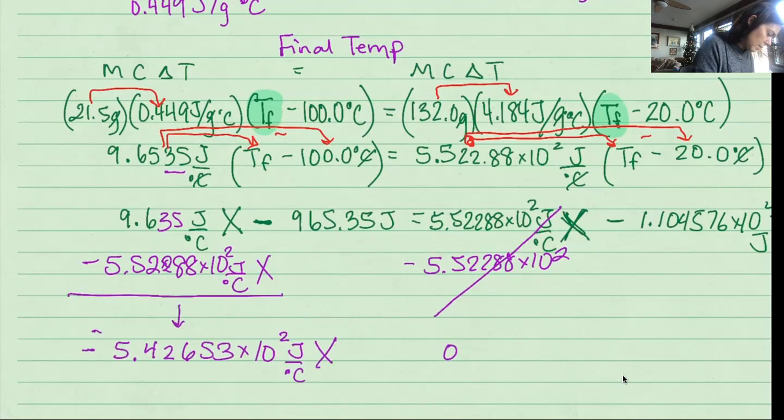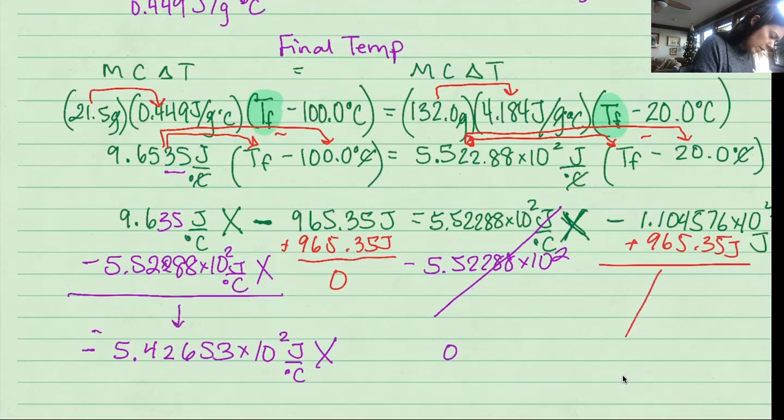That's this. I need to add this to the other side, right? That's 0. And this will go right here. Here's our equals, right? So it's plus 0 equals